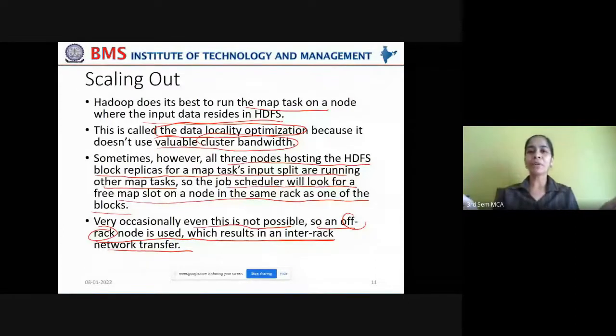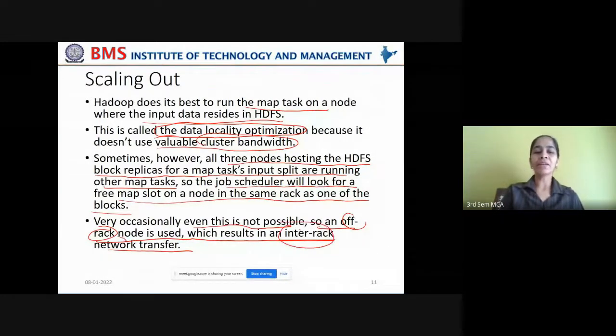So it is transferring the computation from this node to another rack where the data node is free to take up the map task. For this, it requires an inter-rack, off-rack network transfer.